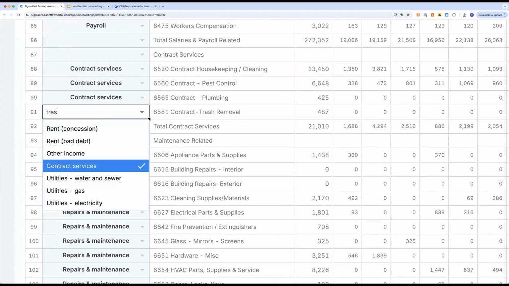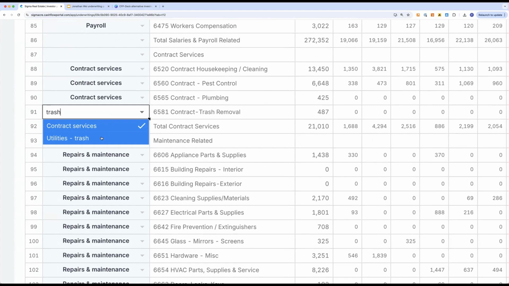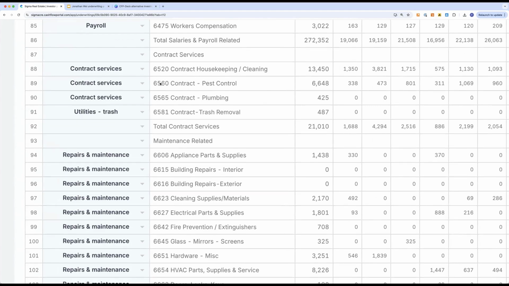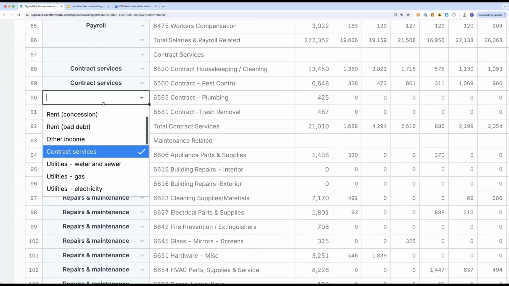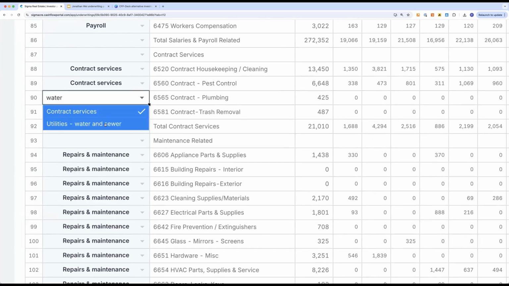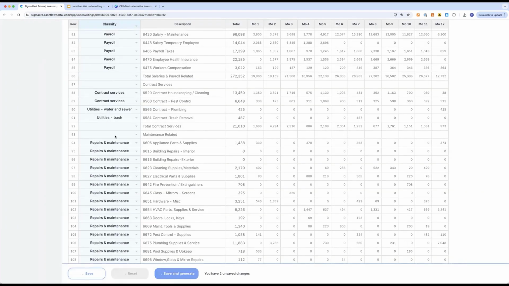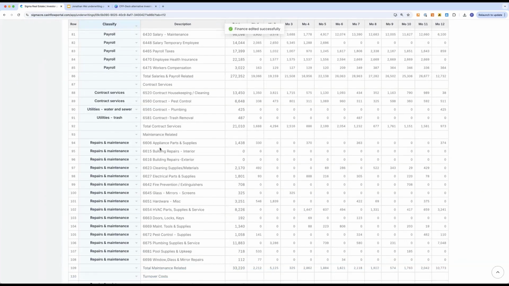Yeah, that's right. Now, you can see there's no AI that can be perfect. For example, these are contract services. But do you think this is really contract services, or is this kind of like plumbing or water and sewer? Would you classify this as contract services or as trash? This is more trash. Yeah, there you go. So our AI is not that smart. At the end of the day, nobody knows, to be honest. They're putting it under contract services, so we made the best guess, but you can reclassify as trash. And then this is technically water and sewer. I hope that makes sense. So you do have to override it.